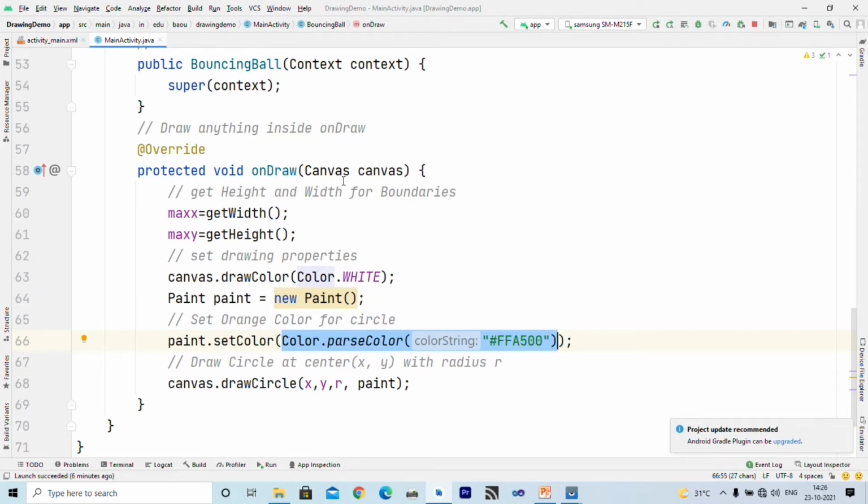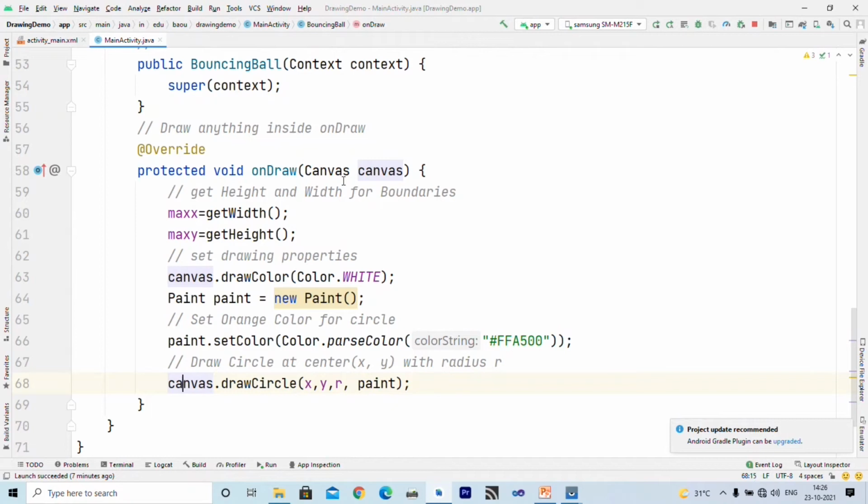So for that I have written the Color.parseColor method, and inside that I have to specify the hex string for orange color. FFA500 is the hexadecimal code for orange color, and using the parseColor method of Color, I have set that color inside the paint object. Now next we want to actually draw the circle.